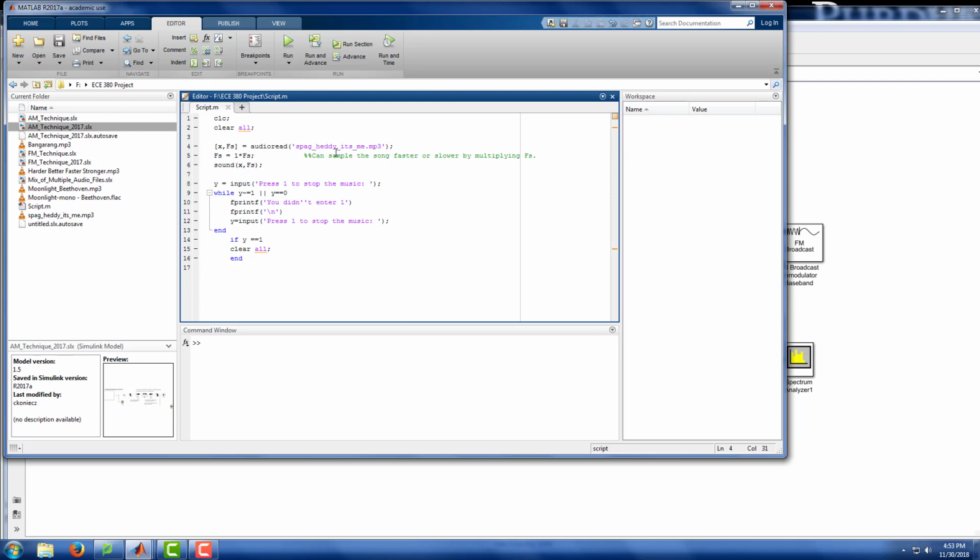We have our second line here that multiplies fs times the value. So say if we wanted to multiply it by 1.5, it just changes the speed of the song. It changes the sampling frequency. So this is going to sample 1.5 times faster, and basically it's just going to play the song 1.5 times